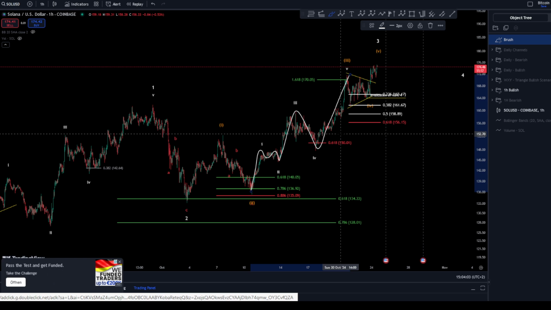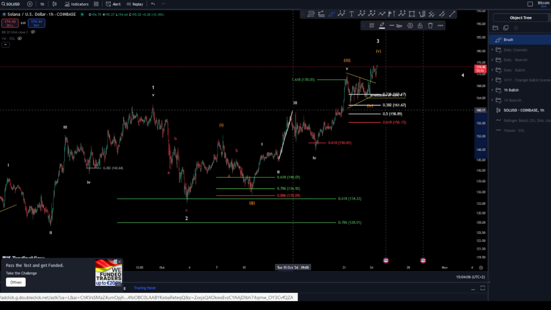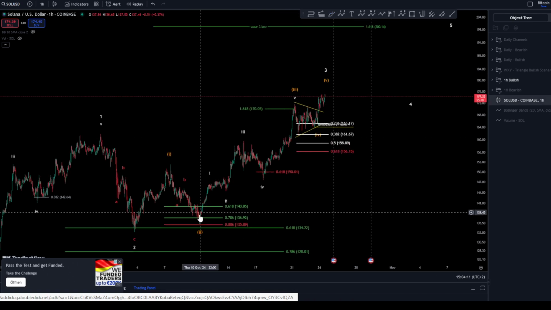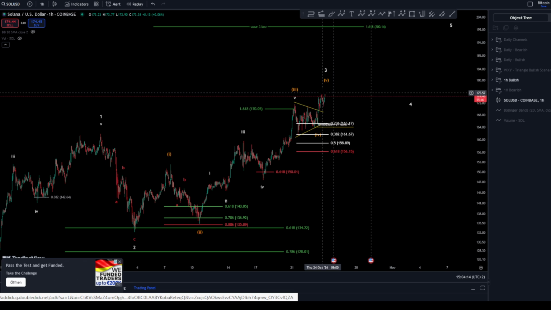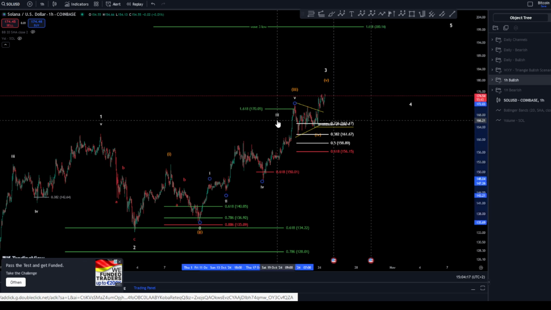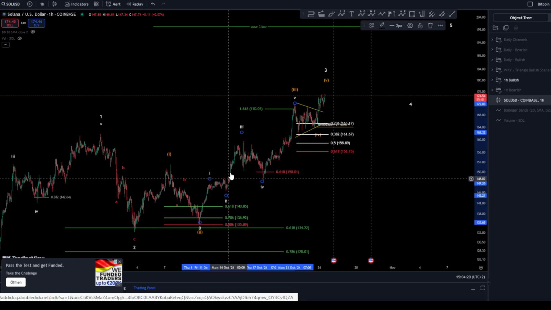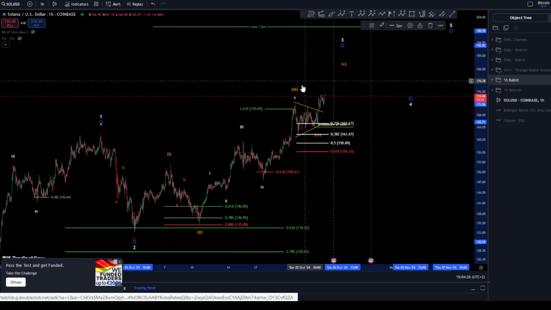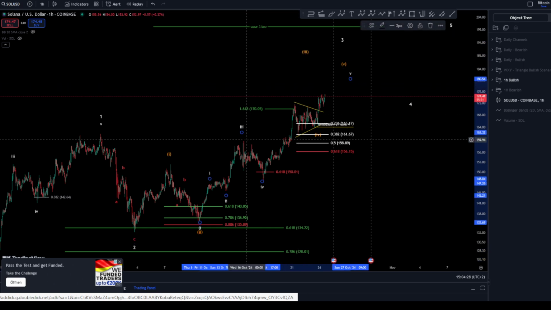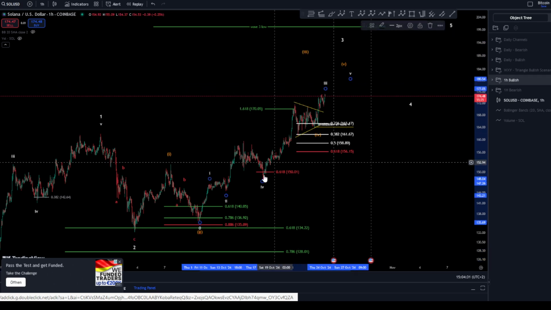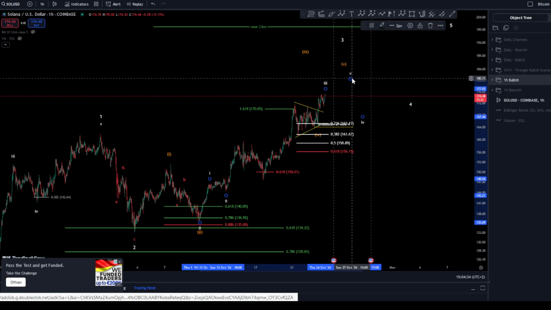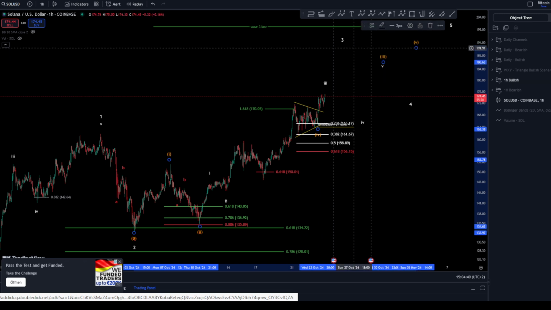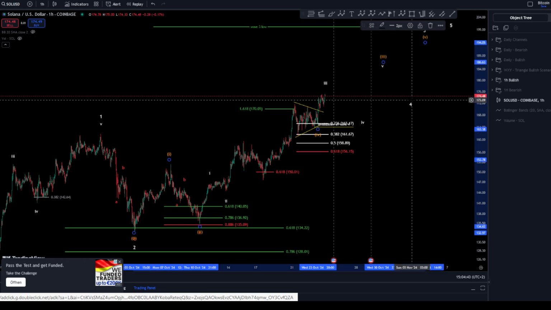Not really, because your wave 3 is very short now. So I believe 1, 2, 3, 4, 5. Yeah, I think your wave 3 should be even higher. So if this is your 1, 2, 3, 4, 5 for your wave 3, then yeah, we might be very, very higher. So let's try this option, which can be much more secure, where we are looking for a 3, 4, and a 5. Okay, this is much more likely, to be honest. This will finish here, this will finish there, yeah.